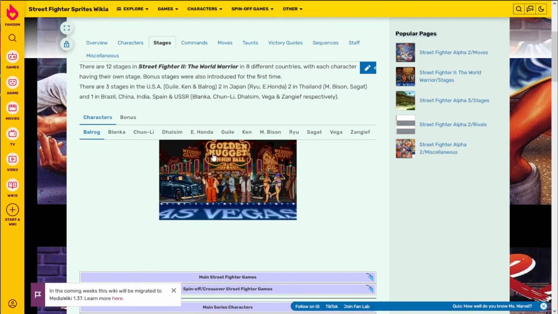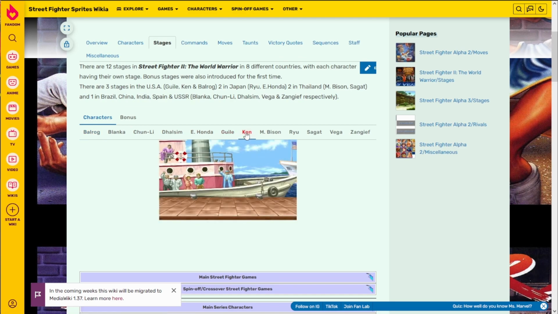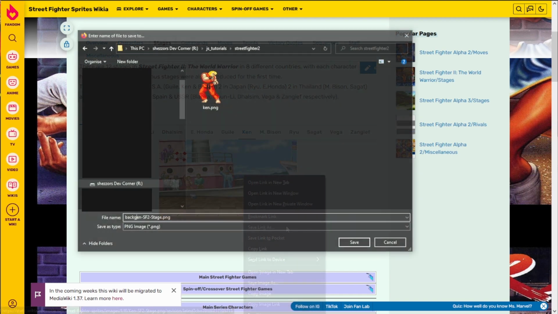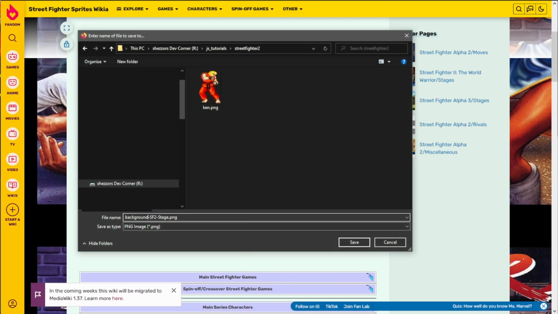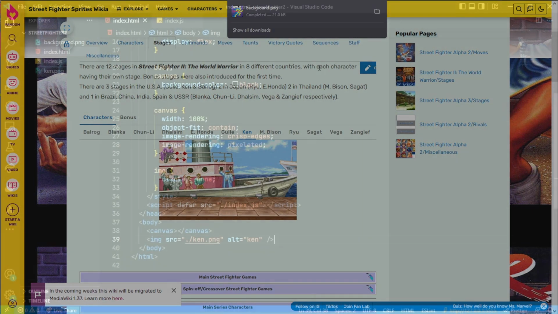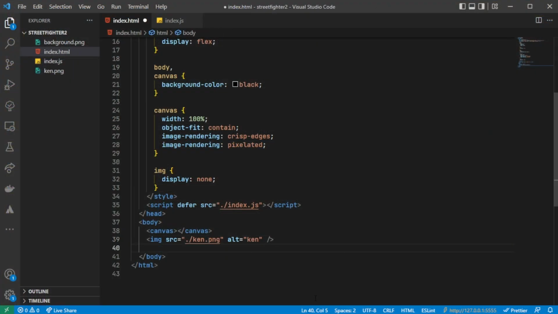From here I'll jump onto my character of choice, Ken, and download a copy of Ken's background. Although depending on the character you chose originally, you might want to pick one of the others. Either way, save the file into your project folder with a creative name, something like background.png. Once you have the file in your project folder, head back into our HTML code and we'll replicate the same process as before,